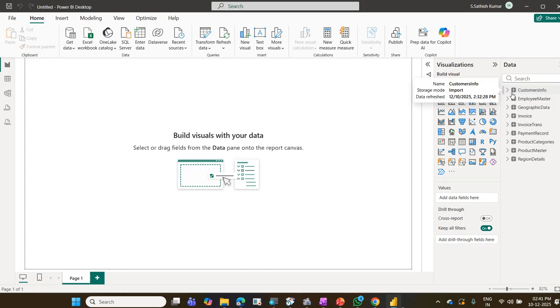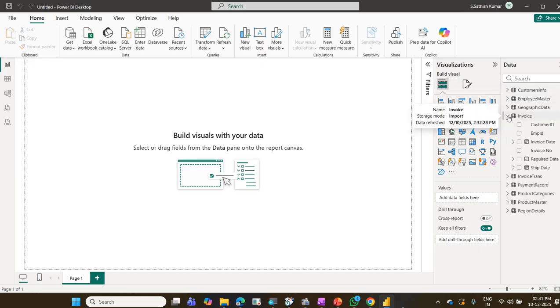Now I want the total revenue here. What is my total revenue? How can I find out the total revenue? Quantity multiplied by invoice cost. This is cost per unit and this is quantity. So if I multiply the invoice cost and quantity, you may get the total revenue. For that we can write a DAX also, but as of now,